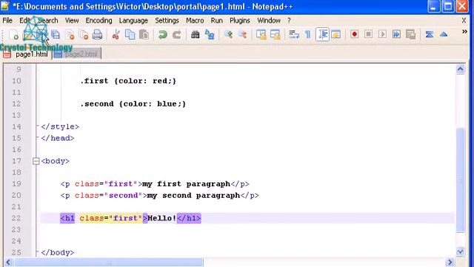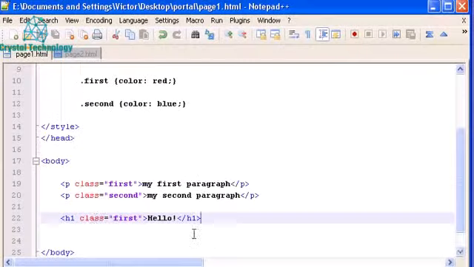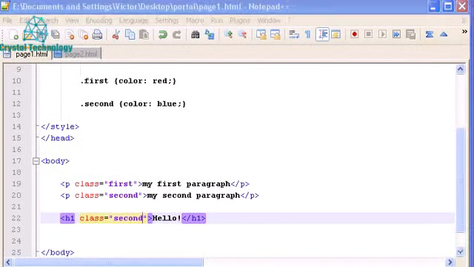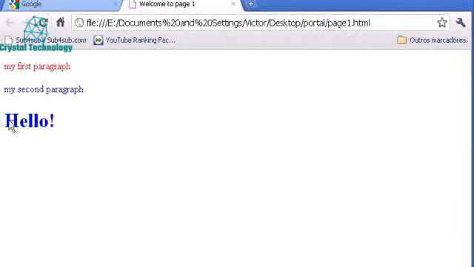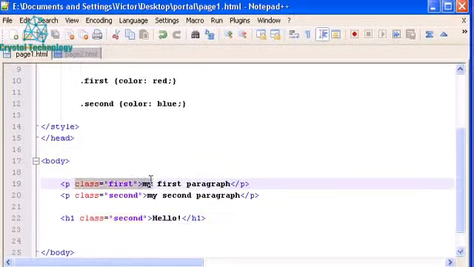Okay, save this and refresh, and there it is, color red. Okay, if I change this to second, it would change to color blue. Okay, see? Okay, so you can use the same class name as many times you want for different tags. Okay,